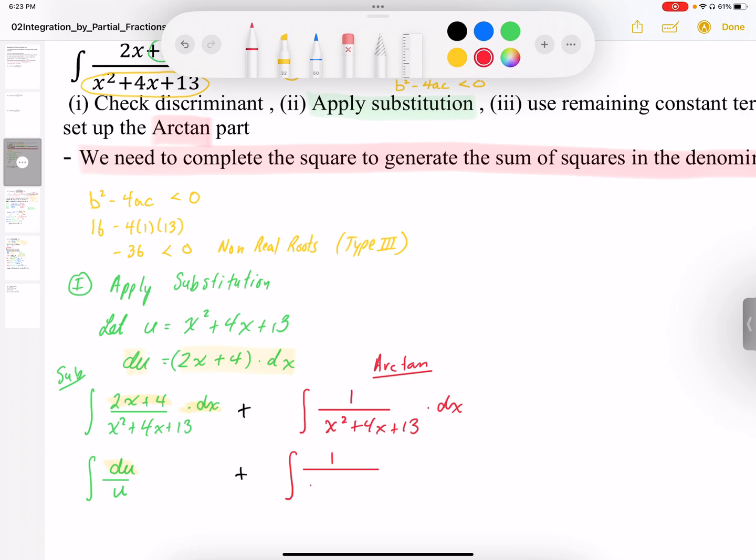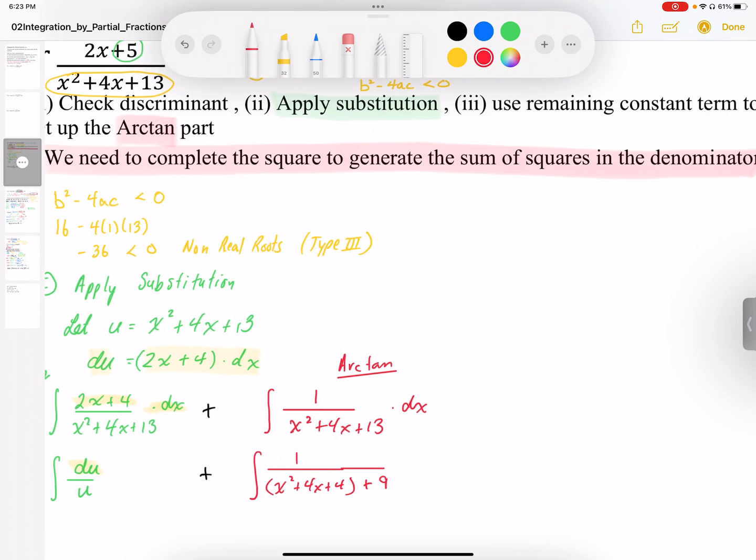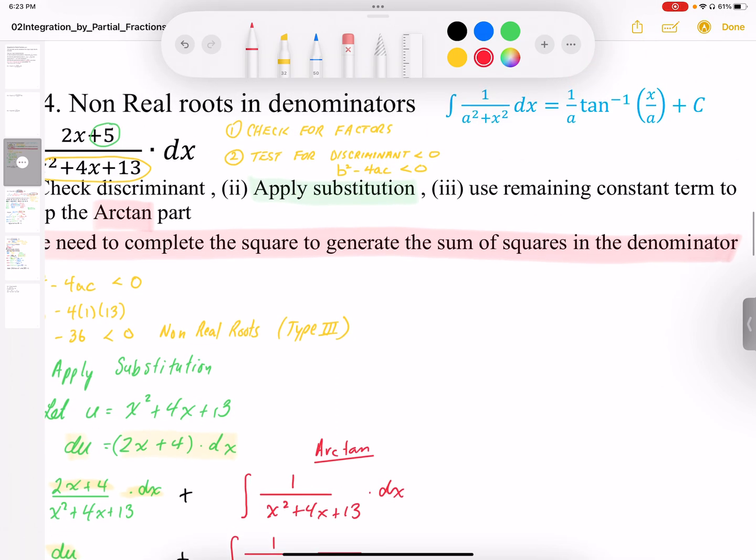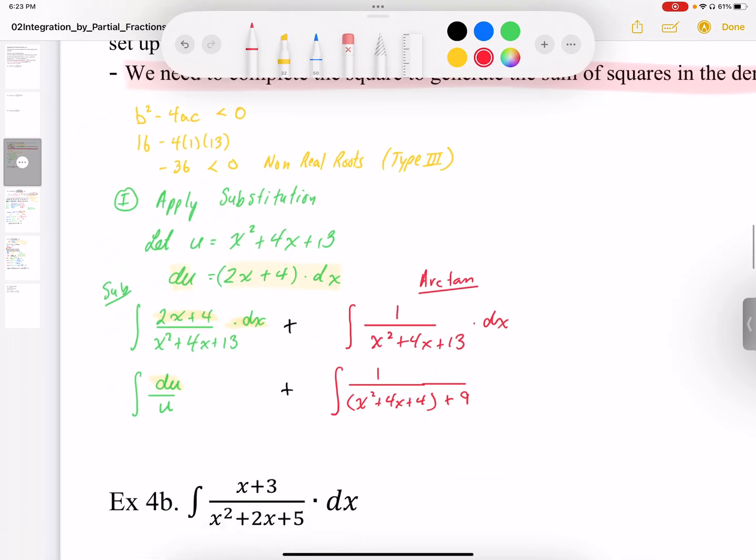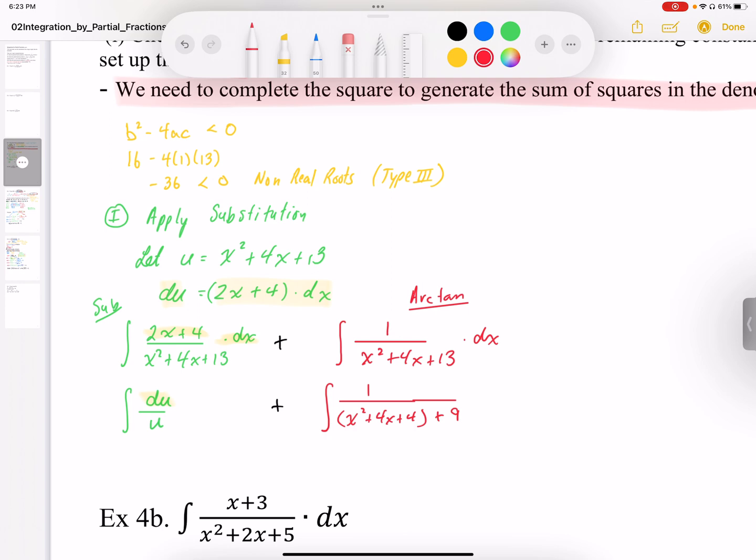So I'm going to complete the square. So I'm going to end up with x squared plus 4x plus 4 in brackets. And then to make up the 13, I'm going to have plus 9. And that means I have a squared part plus a squared. So I have an a squared and x squared part to this. Okay, so I'm going to apply my log to this one, log u,